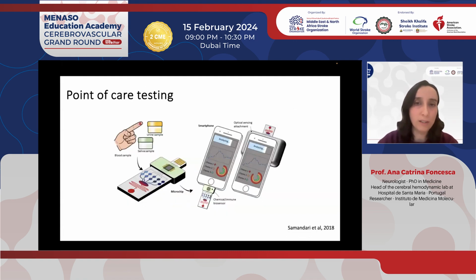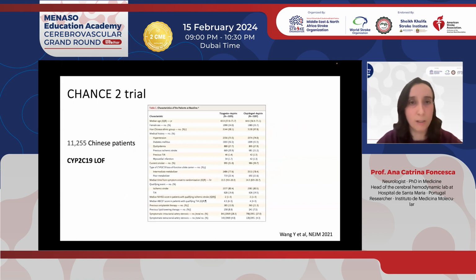And it was really important because patients were tested by using point-of-care testing. So point-of-care testing allows you to have an immediate result that is done at the bedside of the patient. So you can immediately know which is the genetic variant of that patient in a way in which you don't have to wait for the lab results. So it was really a breakthrough to use this point-of-care testing in these patients.